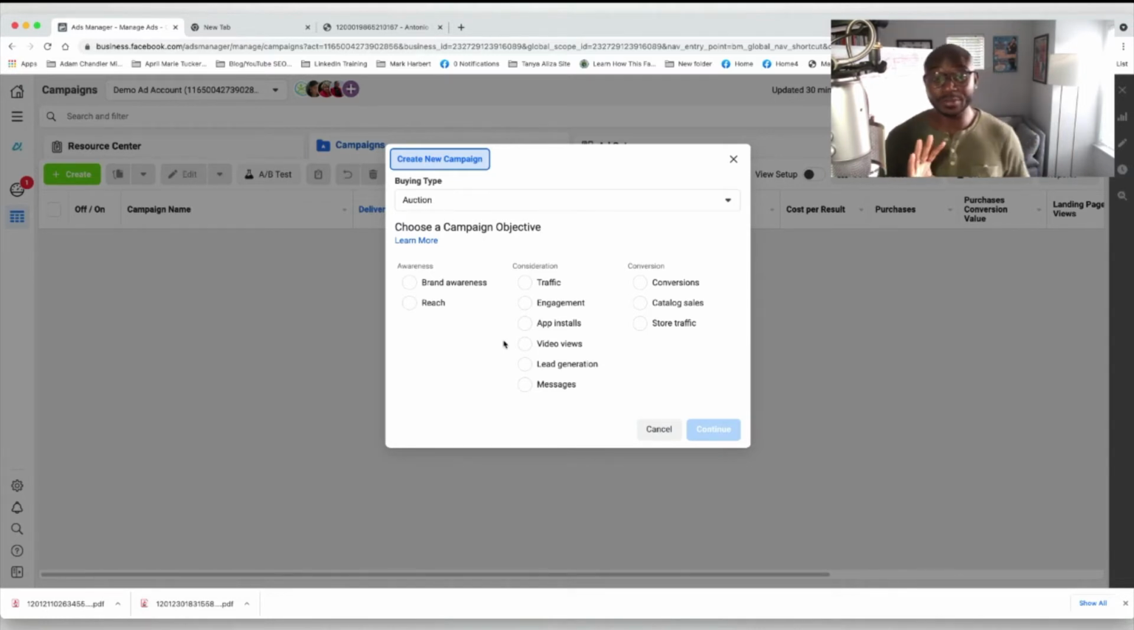The next objective, the fourth objective, is engagement. Right? This is if your primary goal is to get people to engage with you on Facebook, then you would choose this particular objective, right? Facebook's going to show your ad to people in that target audience who are most likely to engage with your ad. Now, if we click on engagement,